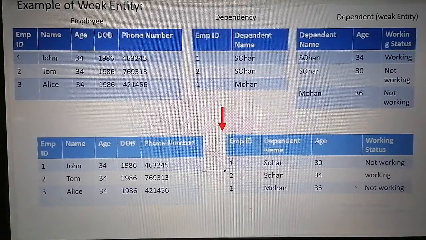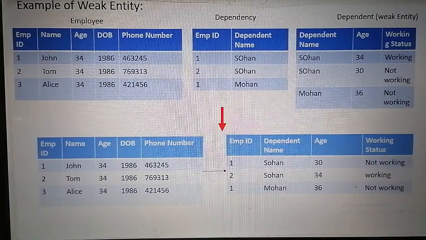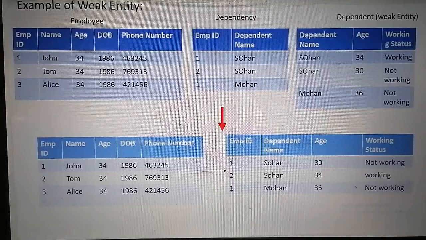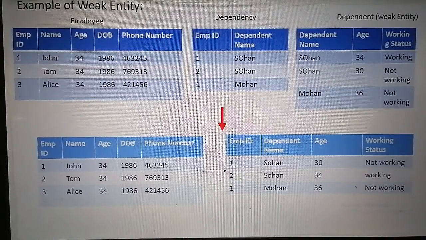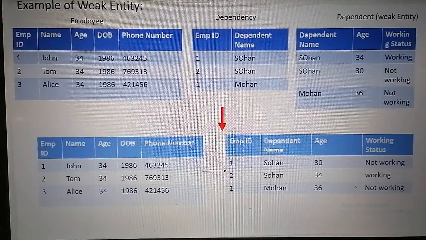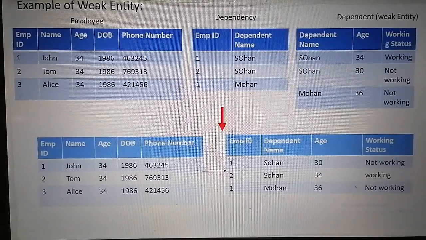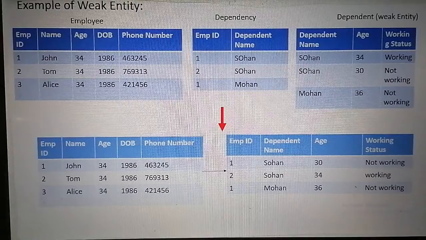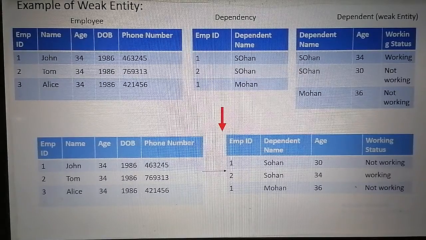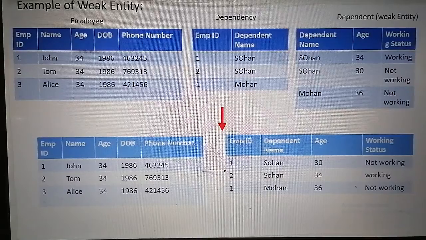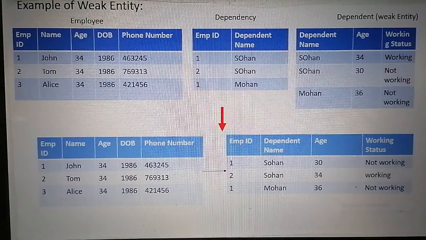Dependency is the weak relationship present between the weak and the strong entity. We cannot keep the relational table of a weak entity separately, because